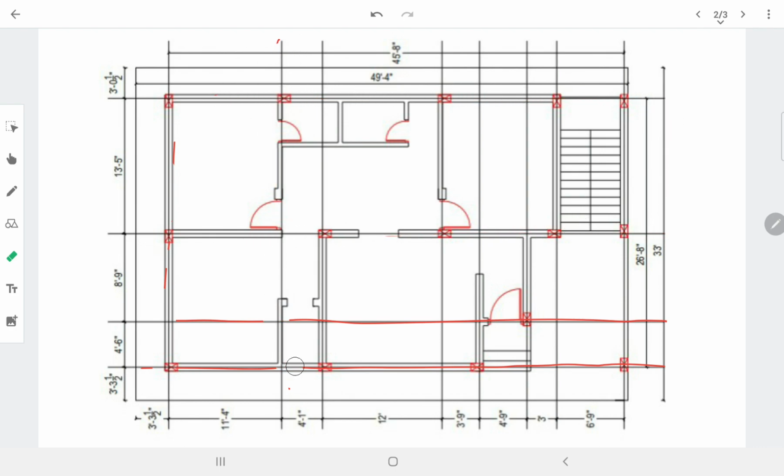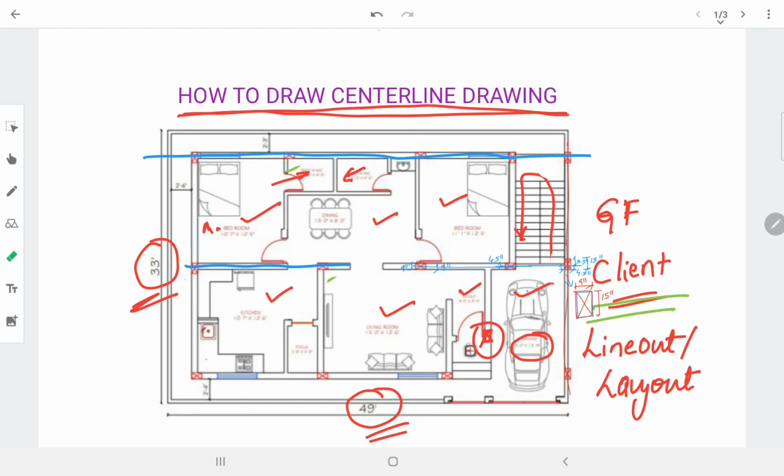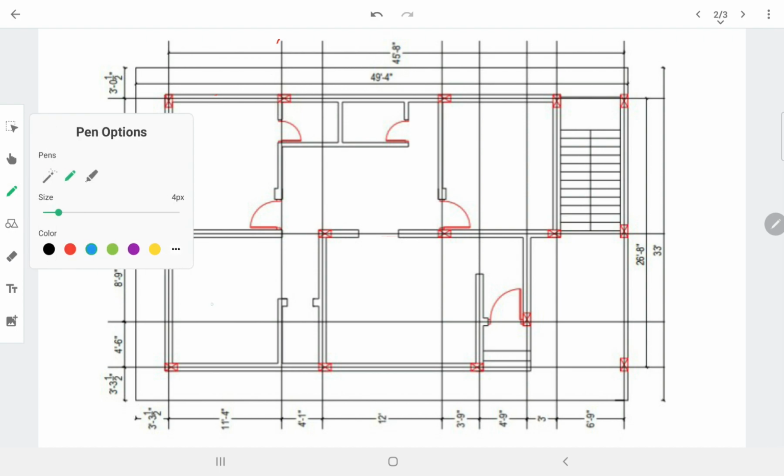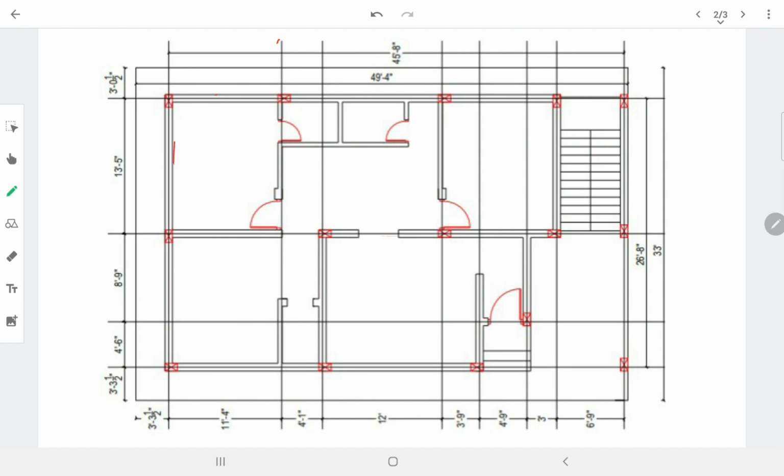Here this is the center line, which is already drawn. The same plan whatever we have discussed here, this is the center line of that plan. Here also you can see the center line, this one. If possible I'll name these things.